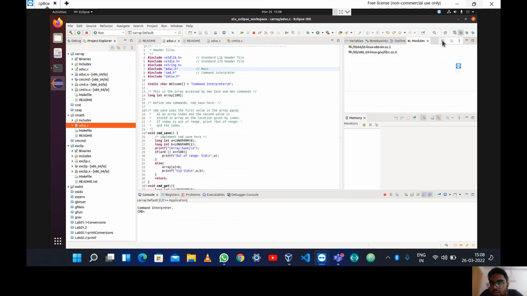Virtual machine, it is not working on my desktop. No, I mean you have accessed the system of the lab through TeamViewer, right? Ma'am, the Ubuntu that sir gave, it is not working on my desktop. So